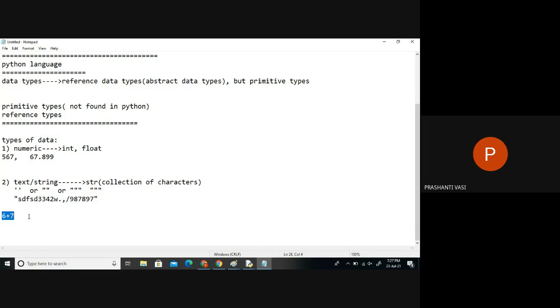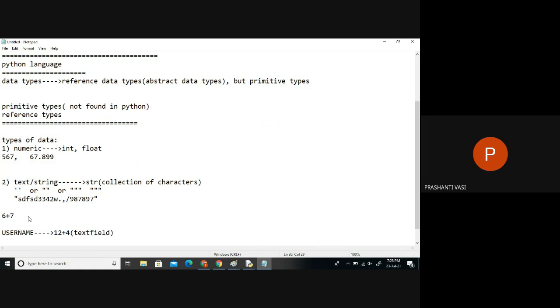Similarly, if you are opening some apps, registration forms, where we have to type the username, and beside the username you type 12 plus 3, will it immediately show the answer to you on the text field? No, because it's a text field. A text field can only hold which kind of data? Text data only.